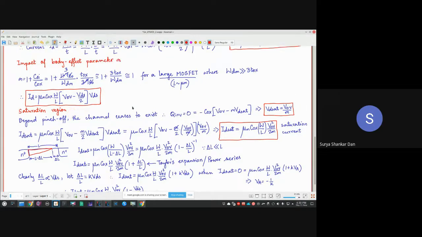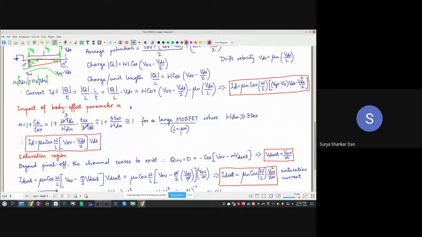One thing is for sure. As I have explained here, we are clear that the depletion region will be more on the drain side compared to the depletion region on the source side. Why? Because the electron concentration, the inversion charge on the source side, will be more compared to the drain side. You have understood that, right? So clearly the depletion region will be more towards the drain side. That is for sure. Pinch off is a phenomenon when this channel ceases to exist on the drain side.